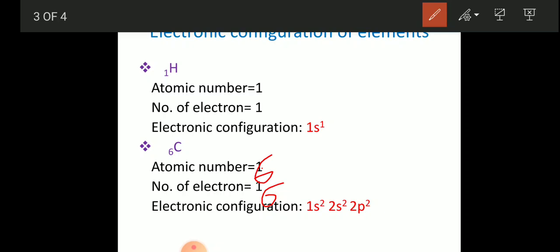Got it? Remember that we need to keep in mind the maximum number of electrons that an orbital can accommodate. For example, an s orbital can accommodate only 2, not more than that. And the p orbital's maximum accommodation is 6, so we can go up to 6 electrons. Got it? In a similar way,